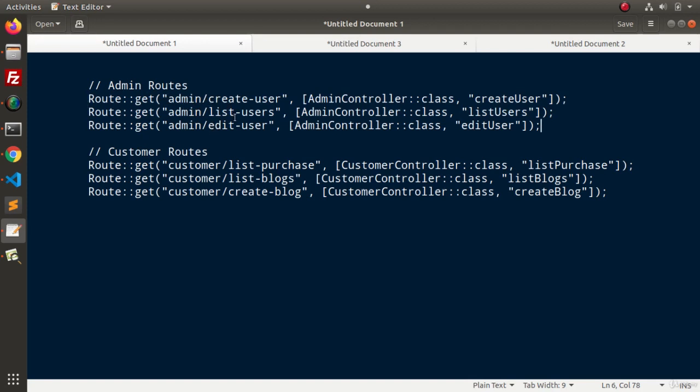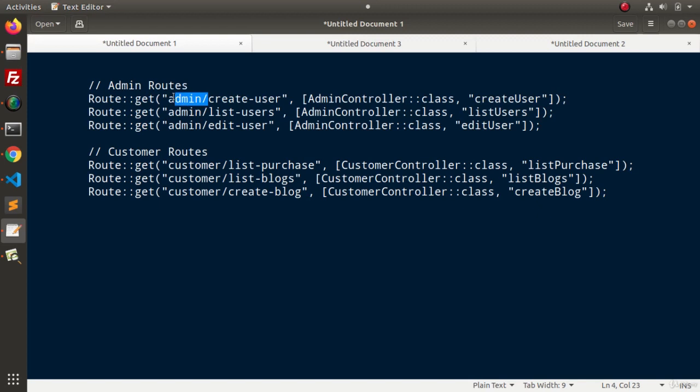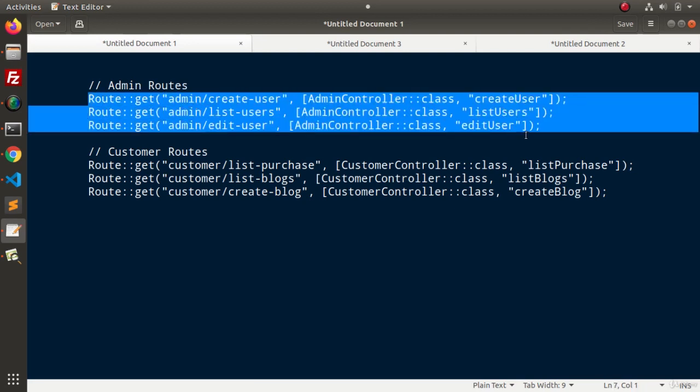These routes indicate that they are the routes of the admin module, and we can also see that the same controller has been used while calling all these routes. So is this the better way to declare all the routes which have a common prefix? No, it's not. We can use the prefix concept so that we can create a group in which we specify the prefix like admin forward slash, and inside the callback function